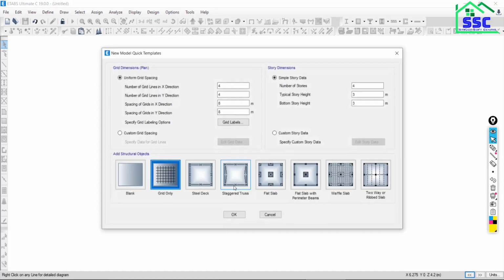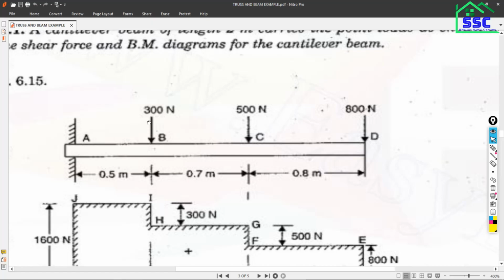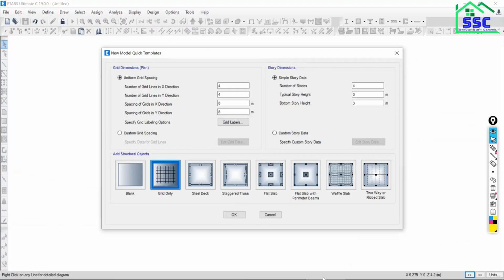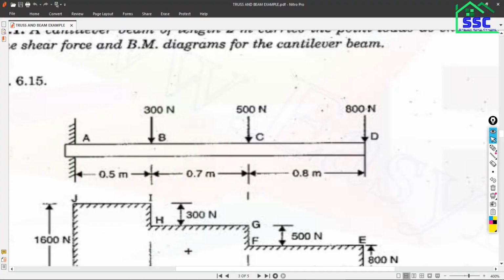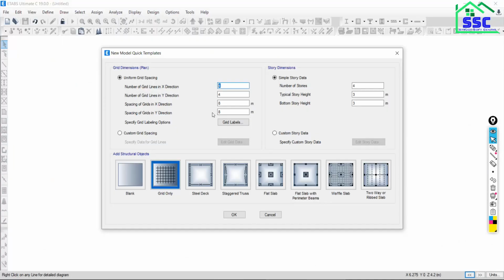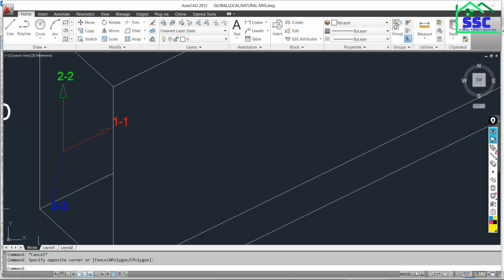Now say OK. Once you click over the OK, how many grids will be there along the X direction? 1, 2, 3 and 4. Very good. Go back and put the number as 4. In Y direction, how many will be there? 1. Exactly, 1. See, you can't put the 0 number. Anyhow you have to put at least 1. Say 1.